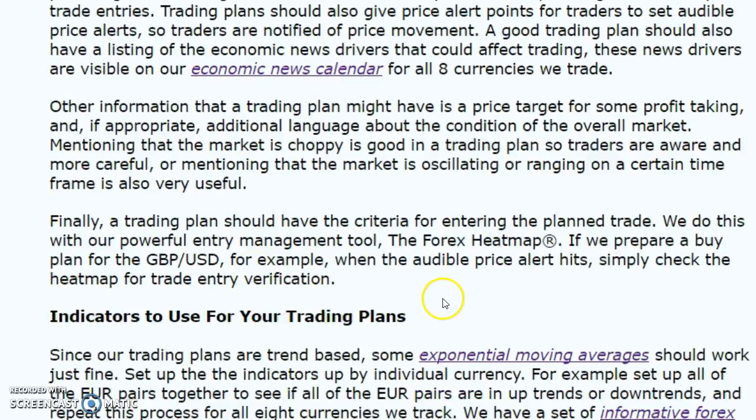We also incorporate audible price alerts into our trading plans. We will give you a price alert that will be audible. It'll make noise on your desktop, or you can arrange to have notifications sent to your cell phone, and so you'll know when the market is moving. You'll have an audible price alert going off, and you'll maybe be able to look at the news calendar